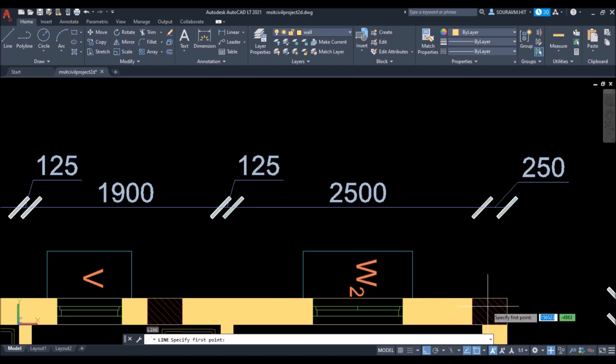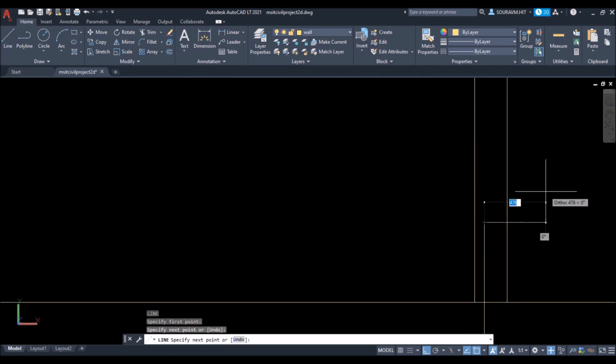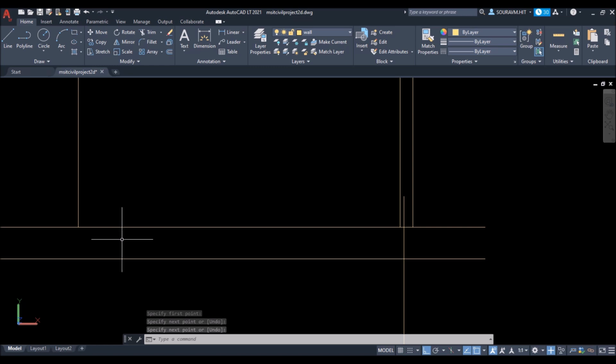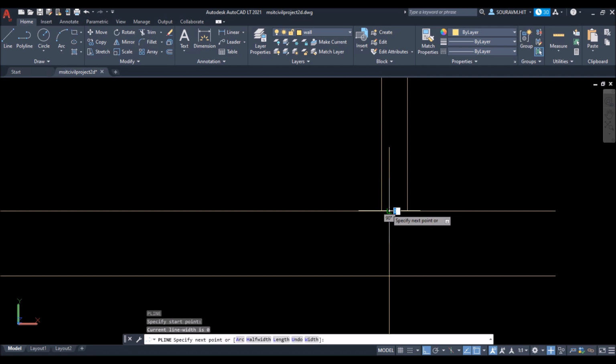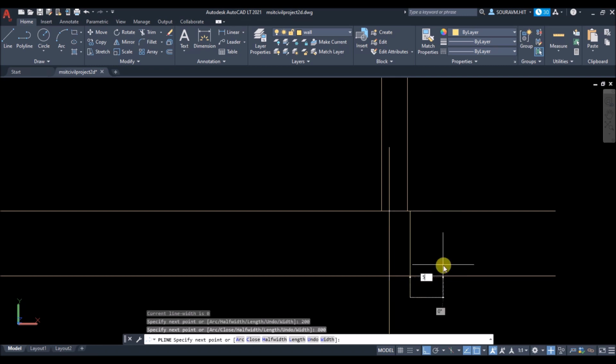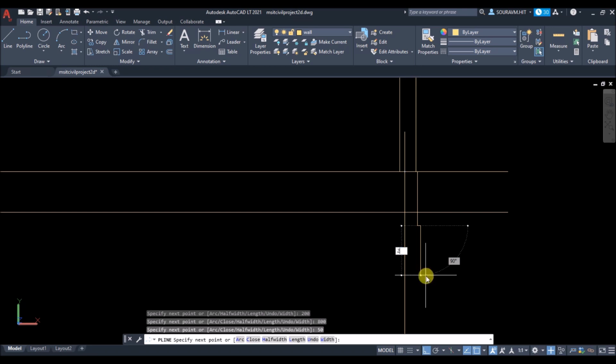So draw a vertical line passing through the center of this column as shown. Now click on Polyline tool or type PL and press enter. Click at this snap, move towards right, type 200 and press enter. 800 downwards, 50 towards right, 200 downwards, 50 towards right again, 200 downwards again, 50 towards right and 200 downwards again, then 100 towards right, 150 downwards and then 100 downwards, and then click at this perpendicular snap and then